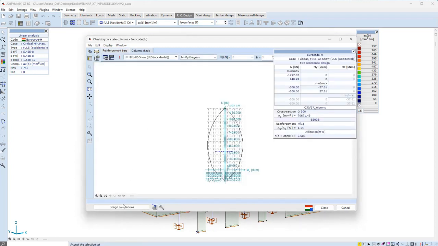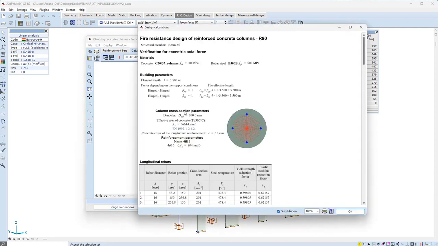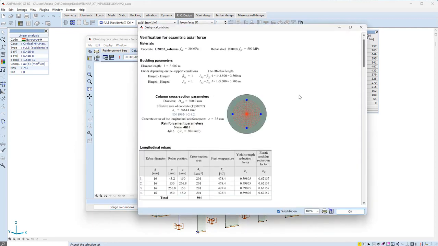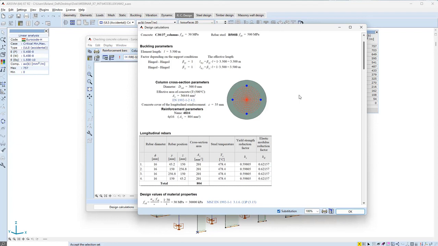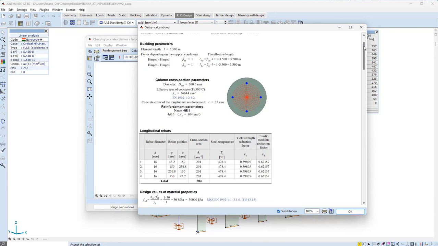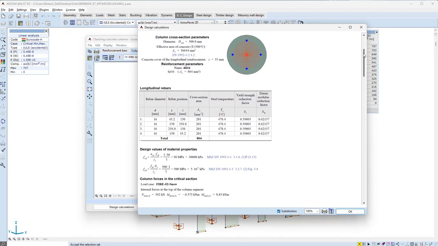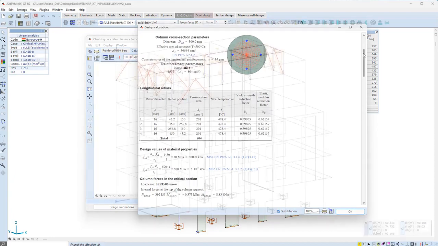A detailed calculation report is available for concrete column design. Checks are performed in a way that they take into consideration the spalling and the damaged concrete layers, which neglected layers are shown graphically as well. The temperature of each rebar in the cross-section is also calculated and listed in table form, where the reduced yield strength and elastic modulus is listed for each of them.